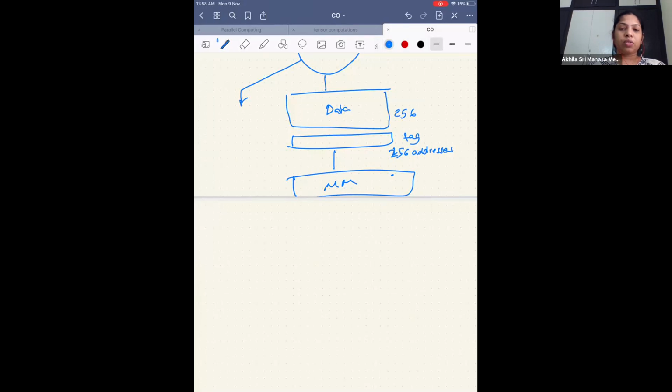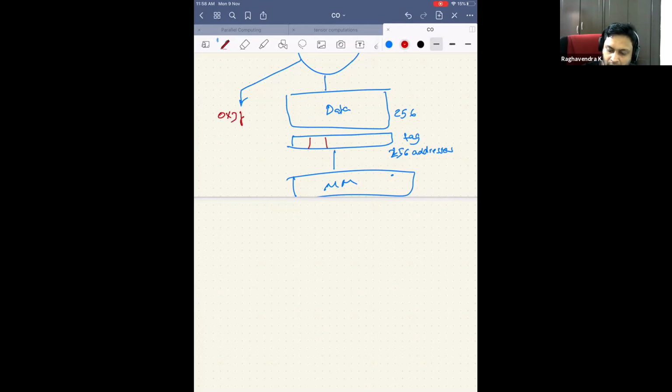Sir, even in this design we should identify which address, right? Yes, I just take the address. Suppose the CPU generated 0x3f. I search all 256 addresses. If it's a hit, I read that particular byte and send it back.